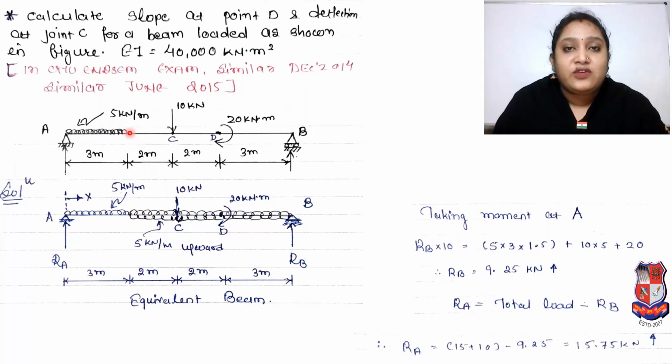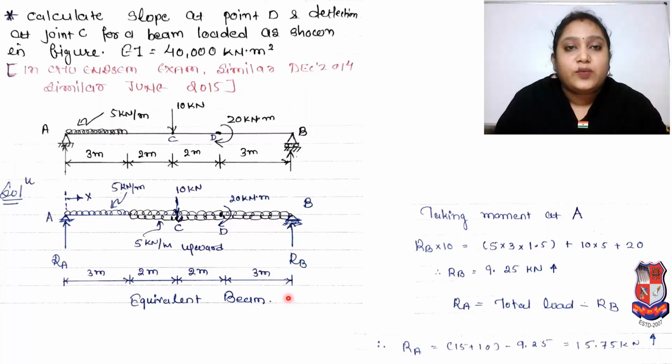As per my previous lecture, I taught you how to make an equivalent beam. So we will follow the same method over here. What we will do is provide UDL in the entire span. In that 3 meter only, UDL was given, and over here we provided UDL in the entire span. So in that portion, in that 7 meter span, we will provide 5 kilonewton per meter upward UDL. So this beam is the equivalent beam, meaning whatever beam was given at first, we prepared as an equivalent beam.